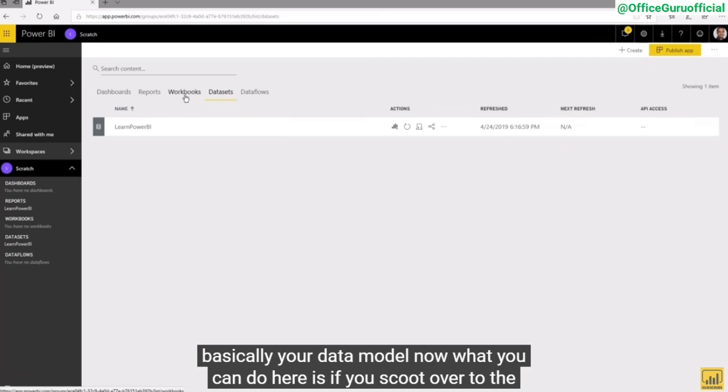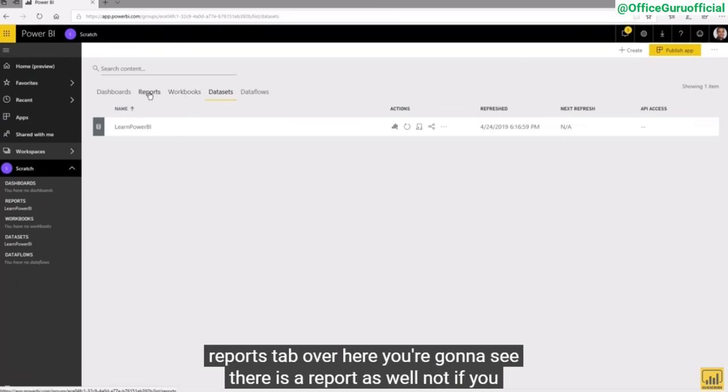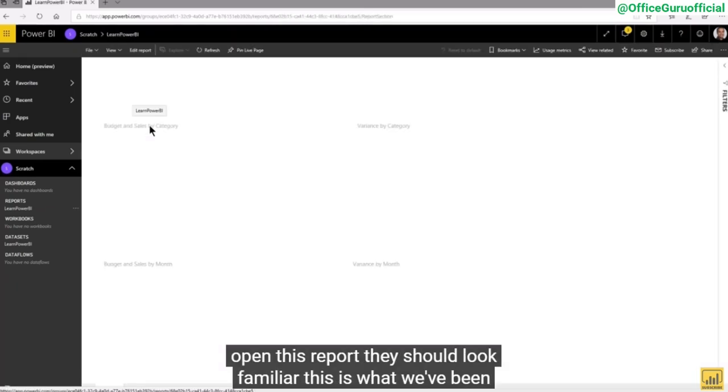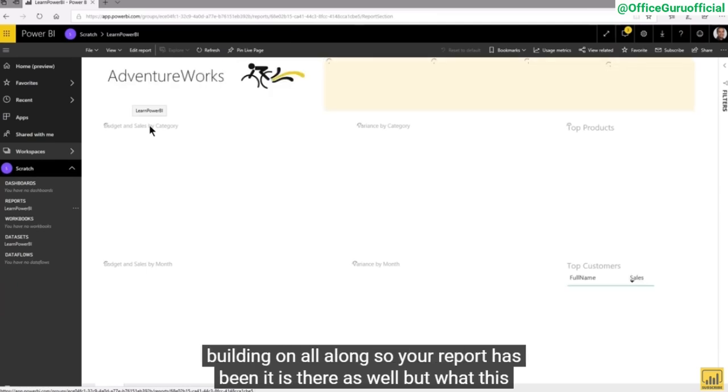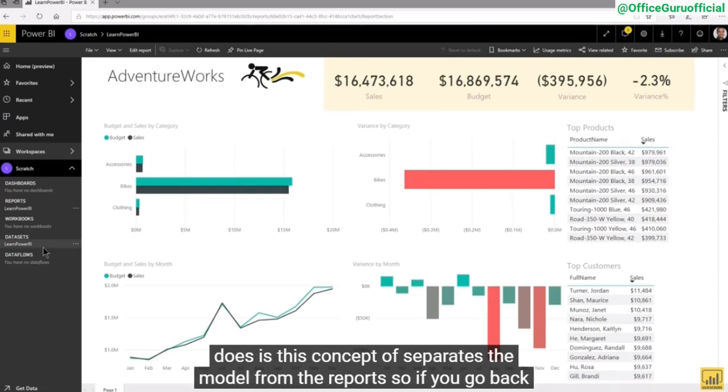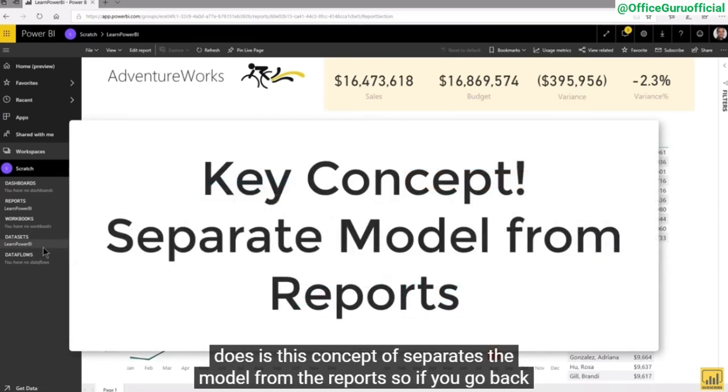Now, what you can do here is, if you scoot over to the Reports tab over here, you're going to see there's a report as well. Now, if you open this report, this should look familiar. This is what we've been building on all along. So your report is there as well, but what this does is this concept of separates the model from the